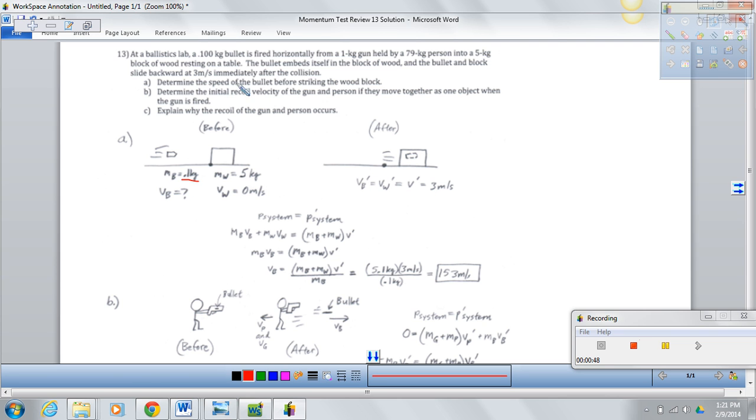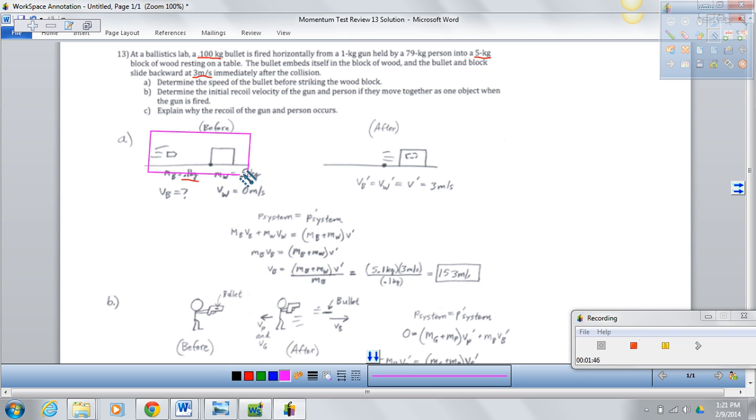All right, so the first thing it asks us to do is determine the speed of the bullet before striking the wood block. Well, in that collision, they told me that afterwards this stuff is moving at 3 meters per second. I know both masses: this is the mass of the bullet, and this is the mass of the wood block. So this is just a straight up conservation of momentum problem. The momentum of this system, and by system we mean the bullet and the block, before the collision